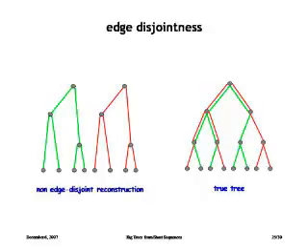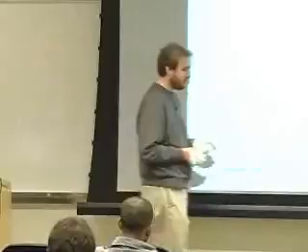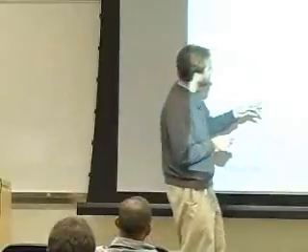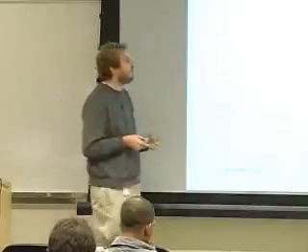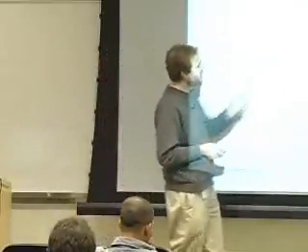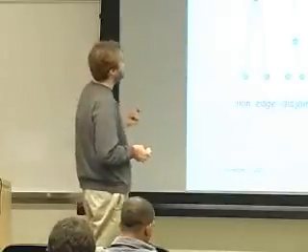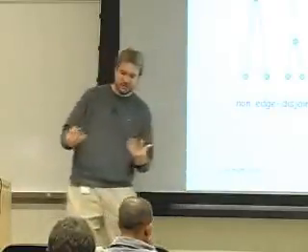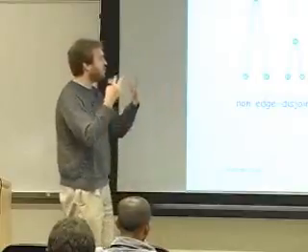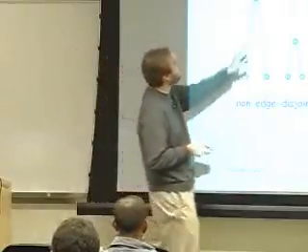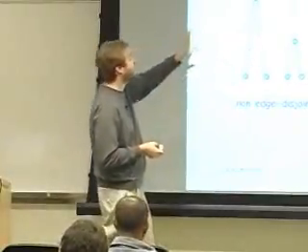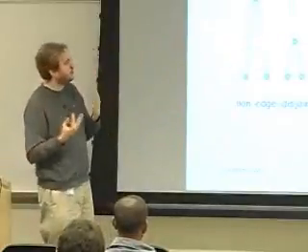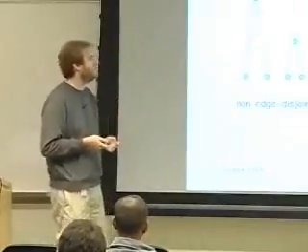Now, this works well for nice symmetric trees. I'll say in a second what these red edges are. But if you have a general tree, you have to be careful how you go about reconstructing this. I'm not going to show you in detail how it works, but to give you an idea, we build a subforest of the true tree. One of the key points, from a combinatorial point of view, is that you have to make sure this forest is what Elkanan called edge disjoint.